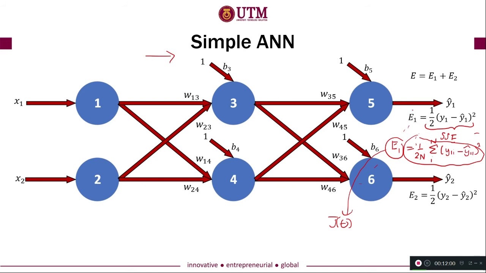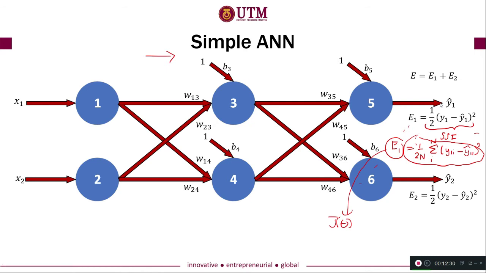In this case, in my simple artificial neural network, you only have 2 outputs, Y1 and Y2. But later when you want to design your own artificial neural network, for sure if you talk about 3 classes, you will have 3 outputs. If you want to design 4 classes, you will have 4 outputs. So that means that